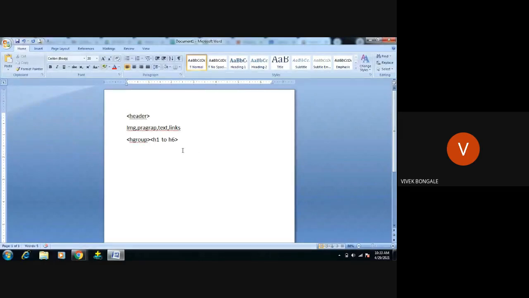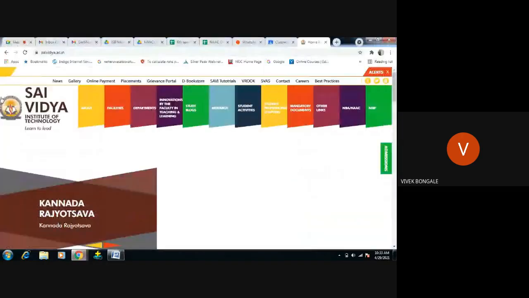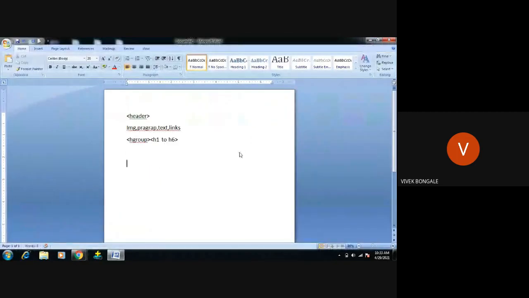After this, you're going to see the navigation. The second part is navigation. What is this navigation? Navigation, by the name only, we can say what it is. Navigation is when we click, it moves or jumps to another place. Once we click on that, it moves to the other place.